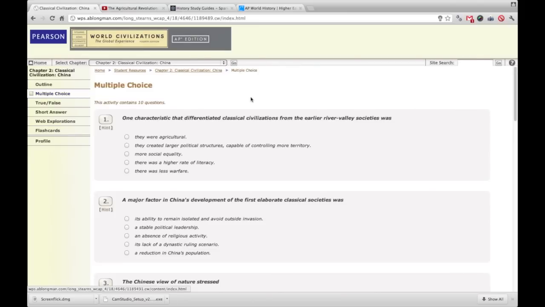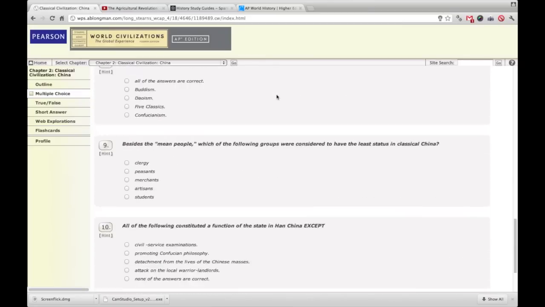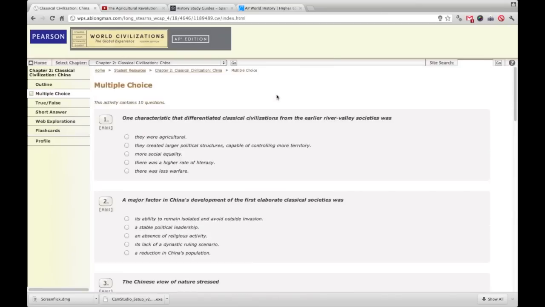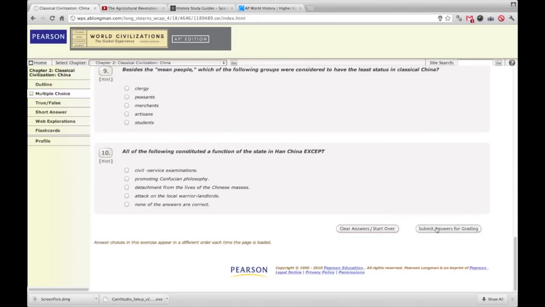Next, on this website, there's a multiple choice section. It's essentially just a multiple choice quiz you can take. During some breaks and days off, like winter break, Bush will have you use this website for certain chapters. Then you can submit your answers for grading and send an email to Bush with your answers. So it works pretty good for that.